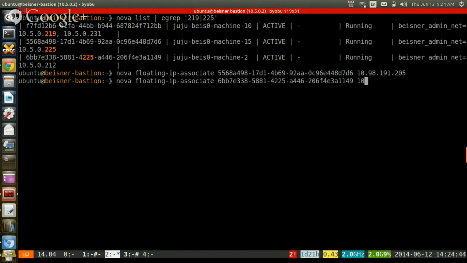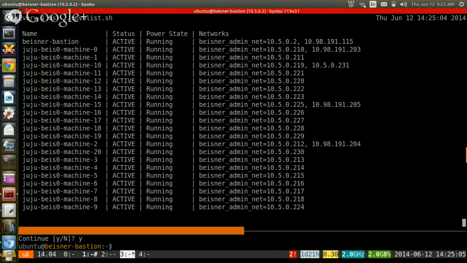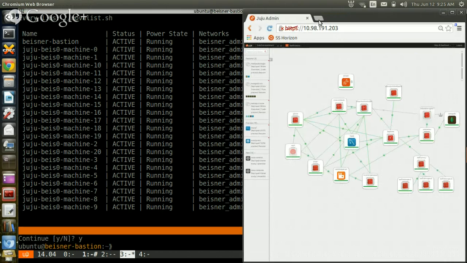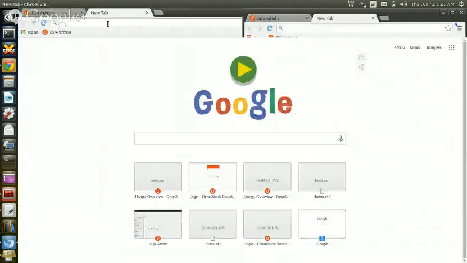Okay, so right now I'm assigning floating IPs to the Neutron gateway and Horizon dashboard so that we'll be able to get to those. And on our Nova list over here that we've got running every 1 second, you can see that those IPs were successfully assigned. We should now be able to head over to here,